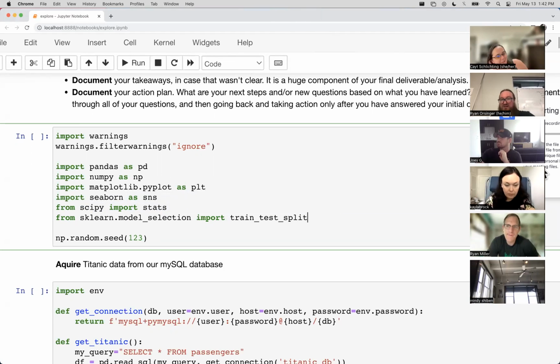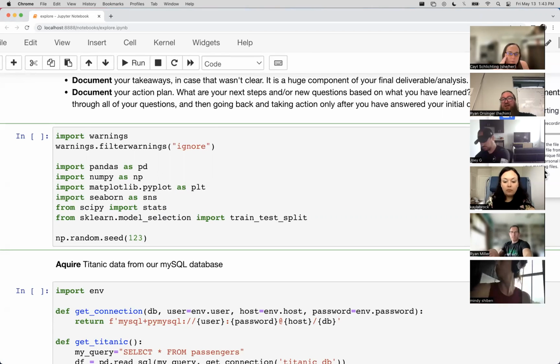Go ahead, Kate. Yeah, I already have a question. On those warnings, is that going to affect these functions running in the background to get your data frames? Or is it just a pretty print kind of thing when you're presenting out of Jupyter Notebook? It's a nice to have but it's not going to change any functionality of the code. Those warnings are saying some functionality in this library will change in the future, but they aren't anything that will turn your world upside down.